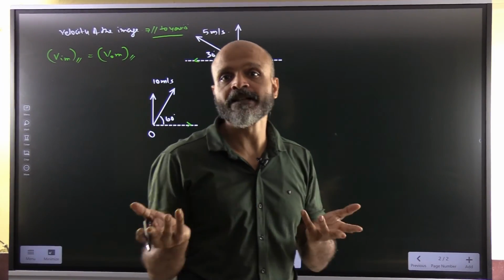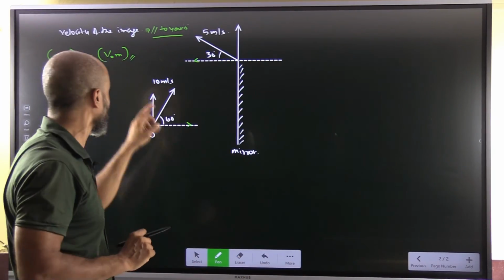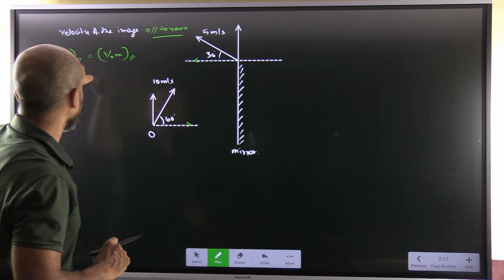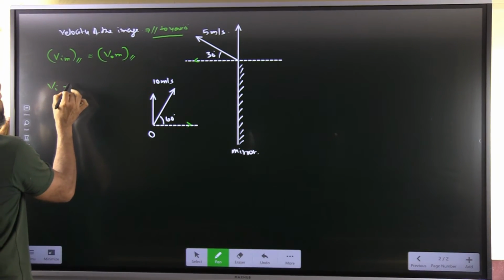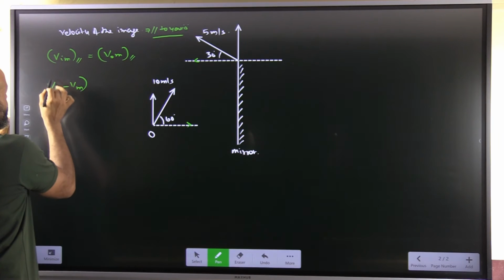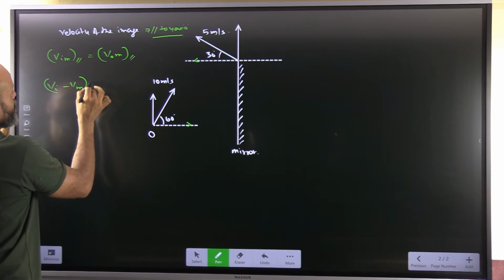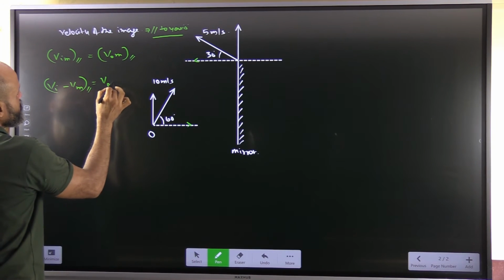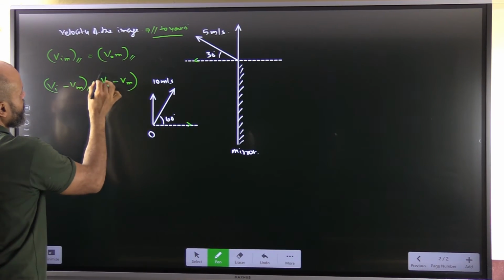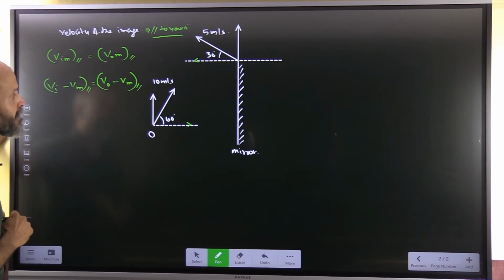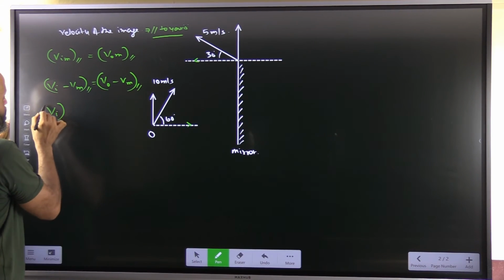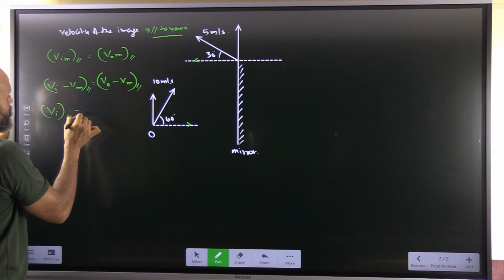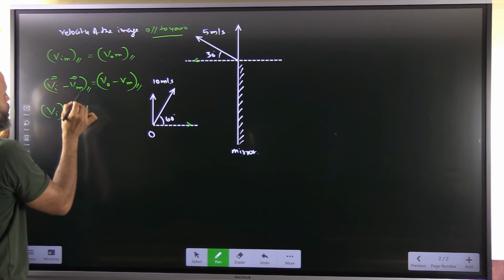In the x component they will be reverse of each other, which means that here it will be a minus. So now velocity of image with respect to mirror, it means velocity of image minus velocity of mirror along the parallel component, velocity of object minus velocity of mirror along the parallel component. So obviously these two will get cancelled. So we have velocity of image along the parallel component minus velocity of mirror.